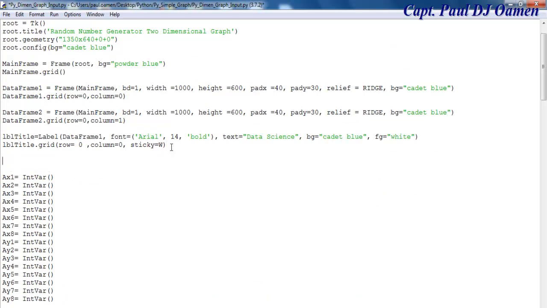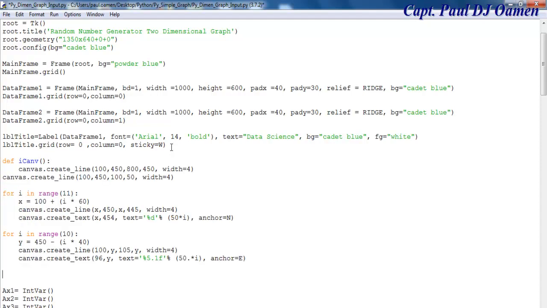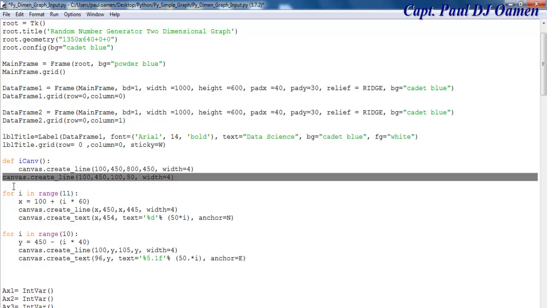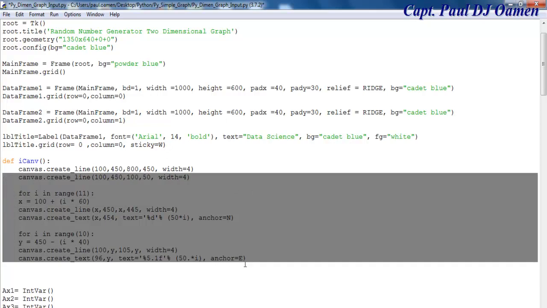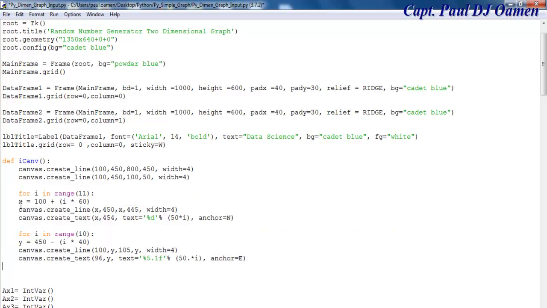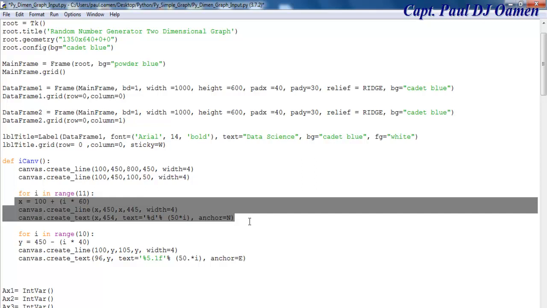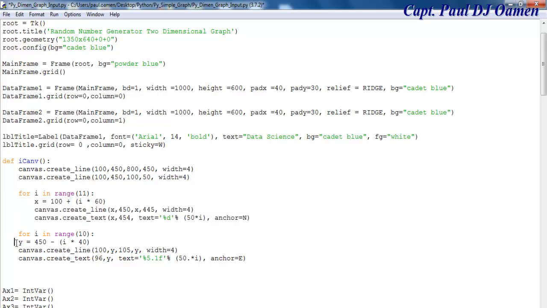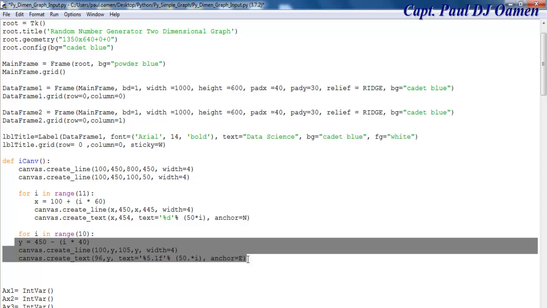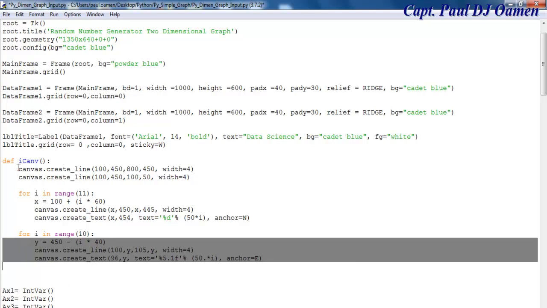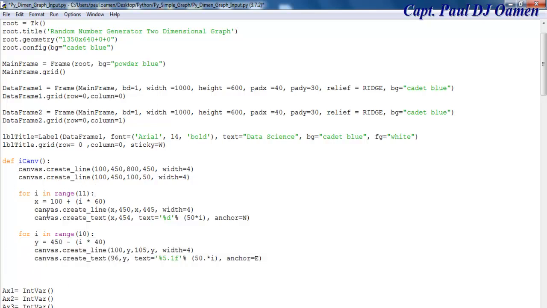Okay, maybe somewhere here. Let me declare a new function. I'll just call it iCanvas with a V, and I'm going to paste all of that there. Let's get it indented, right, and this needs to be indented as well, and this. So what's going to happen is it will actually reopen the whole canvas again, but first thing first,